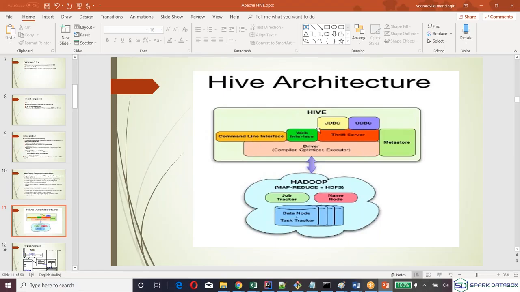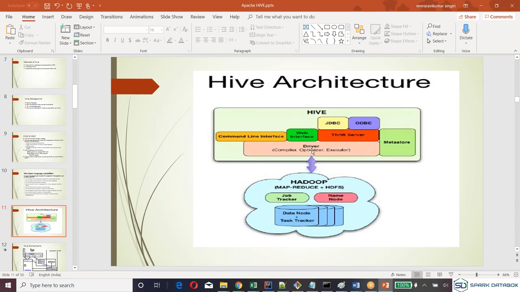Okay. So these are different components in Hive. One is the Metastore, which I have already explained, and it will have a driver and other stuff, because if you want to connect to this database, we should have the driver, executor, optimizer, compiler. All these things are required. And this Hive you can access through a terminal, that's called command line. You can access through a web interface like Hue. We will see that. There is a thrift service.